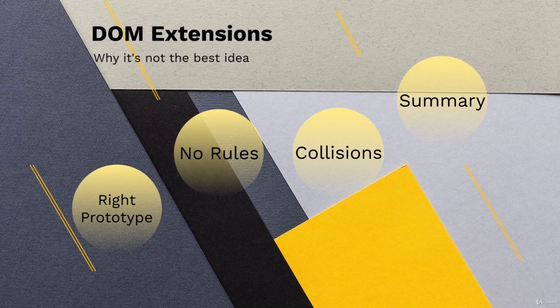Being able to extend DOM elements through prototype objects sounds amazing. We are taking advantage of JavaScript's prototypal nature, and scripting DOM becomes very object-oriented. And it's so tempting that even a few years ago, Prototype JavaScript library made it an essential part of its architecture. But hang on to your horses, not so fast. There are a lot of problems with implementing DOM extensions this way, and I'm going to discuss why it's